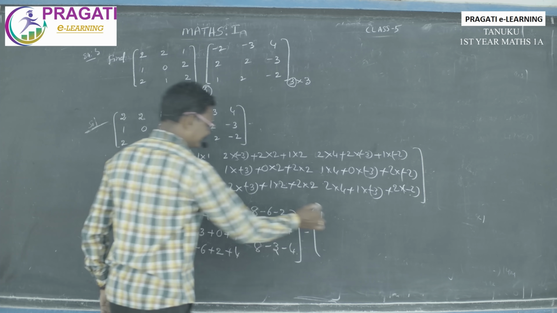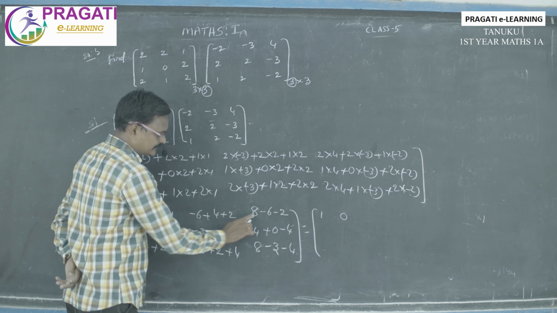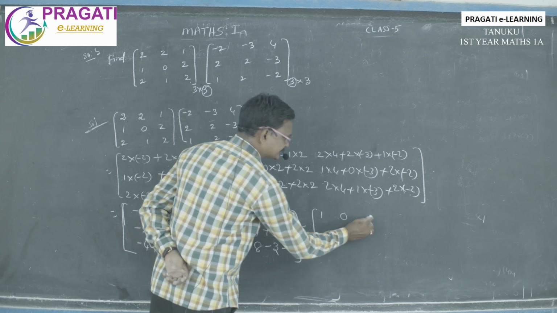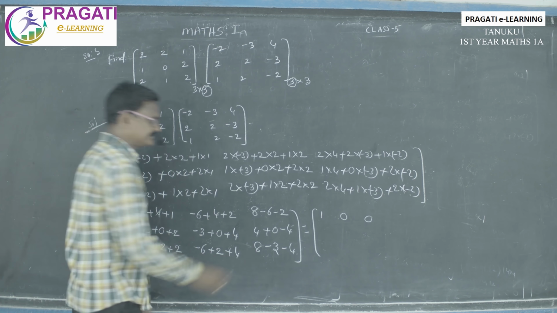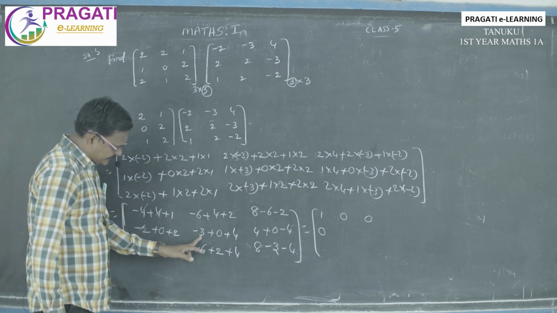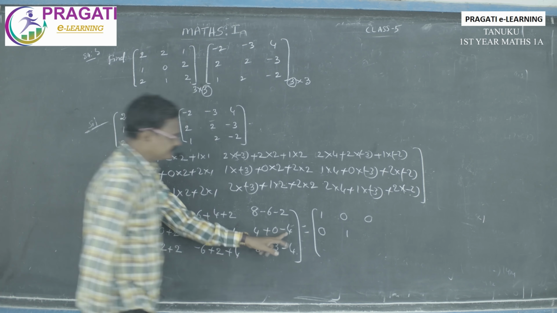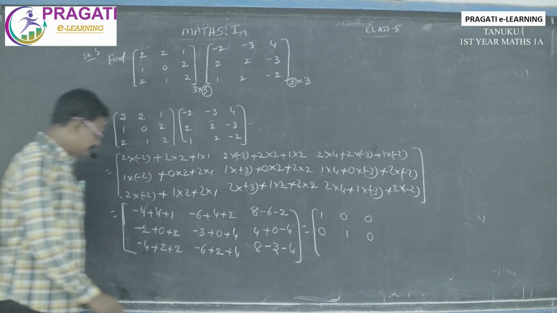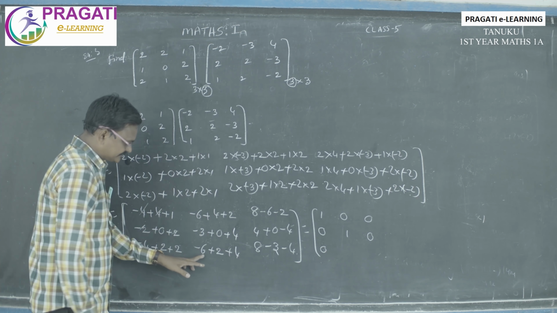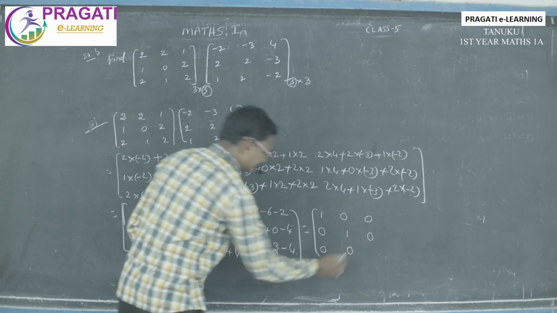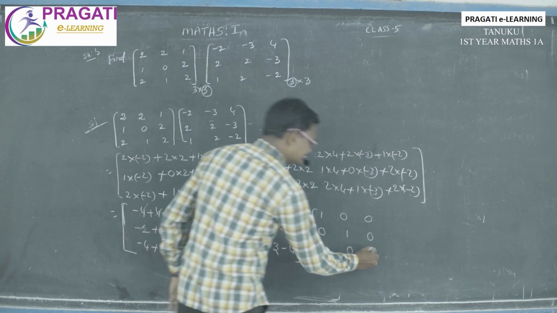So we have only 1. Minus 6 plus 6 cancel, that means 0. This is 8 and this is minus 8, that means 0. Okay. Next minus 2 plus 2, again both are cancelled, that means 0. Minus 3 plus 4, that means 1. This is a plus 4, this is a minus 4, so 0. Minus 4 plus 4, again 0. This is a minus 6 plus 6, that means 0. 8 minus 7, that means plus 1.